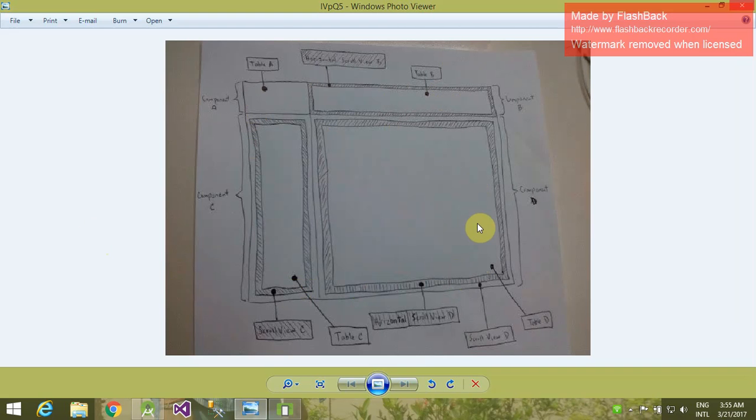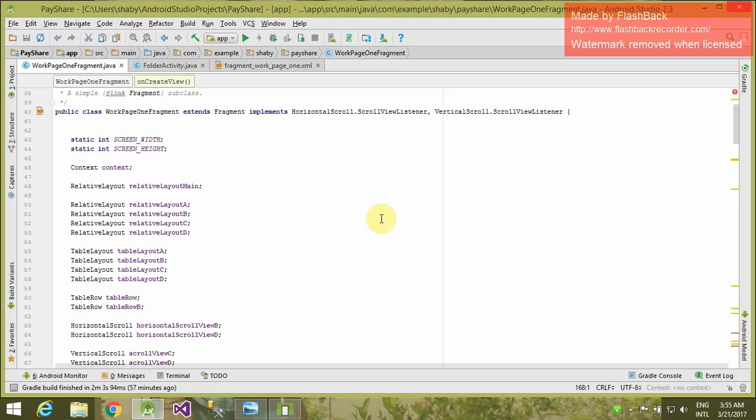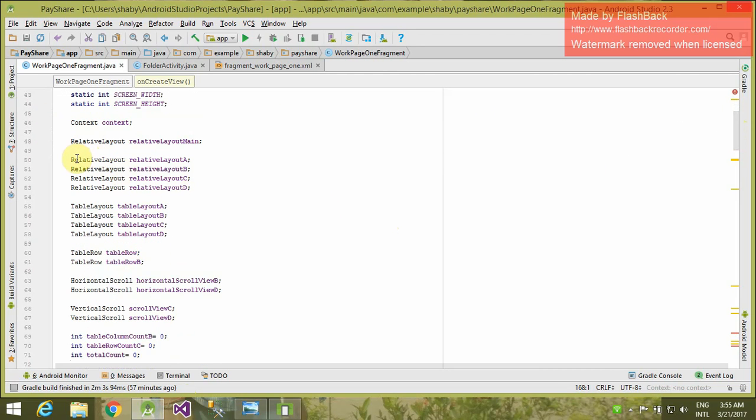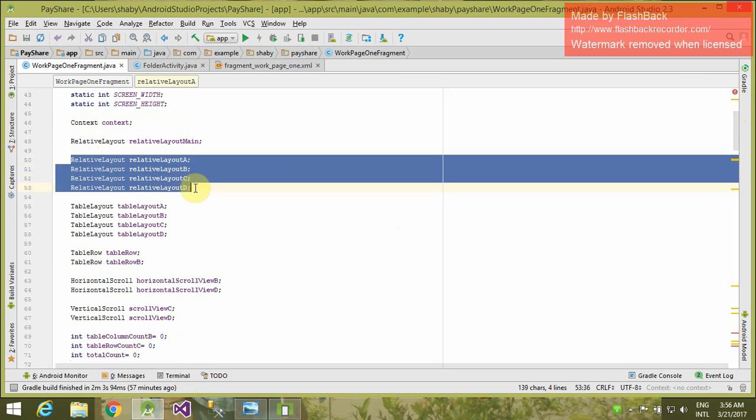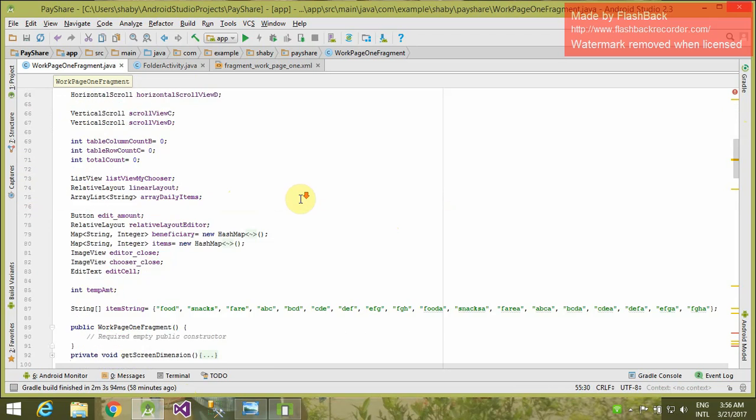Now let us move on to the code part and let's see how this looks. For the first part of the code, I have to add relative layouts.